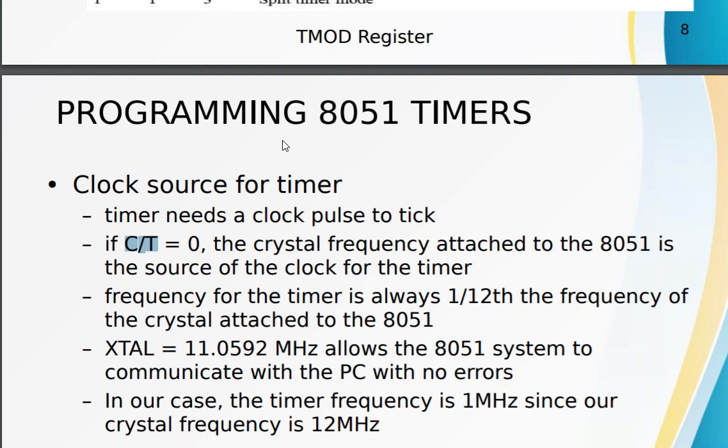When the clock pulse appears, the processor is active to execute the code. You can consider the clock pulse as a trigger. Triggering means that it starts work. So the timer frequency is 1 megahertz, since we consider the crystal frequency to be 12 megahertz. It actually depends